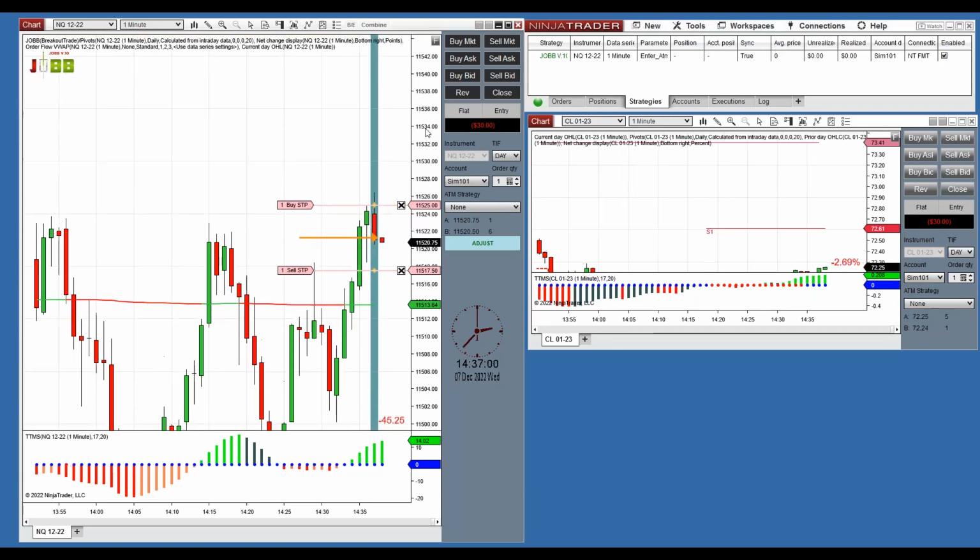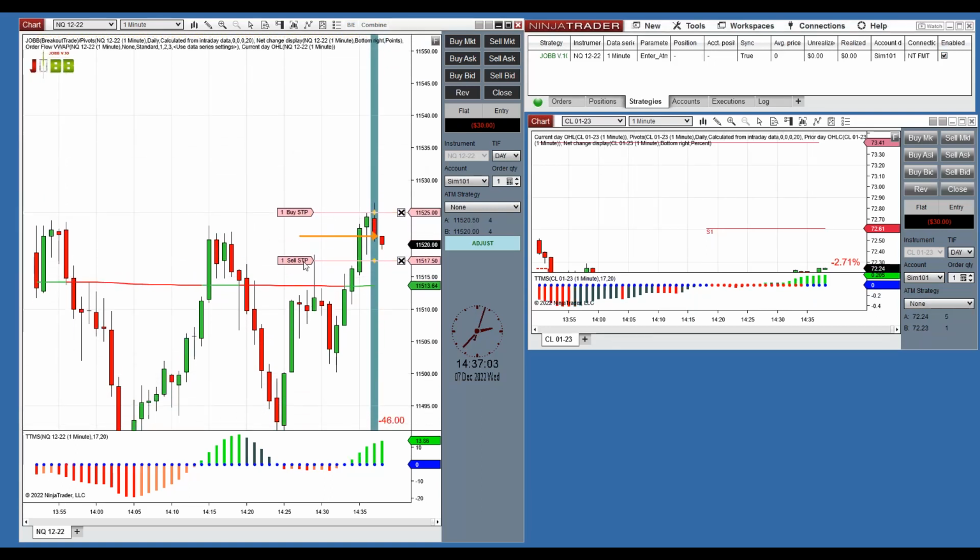Watch. There's our brackets. If you think you're not ready to trade, move your brackets. Hold down the left button, move them. Ninja supports chart trading. Hit the adjust button if you just need to, right? It'll center you. If you're in a panic, cancel. But what could be more interesting and powerful and possibly keeping you safer than setting up a controlled trade? It's a great way to trade, okay?